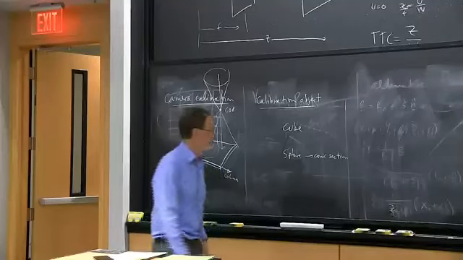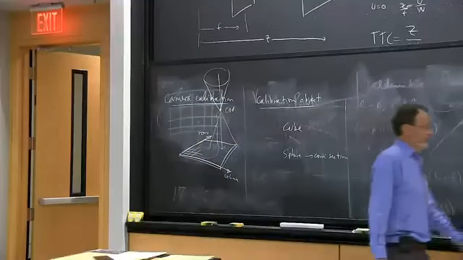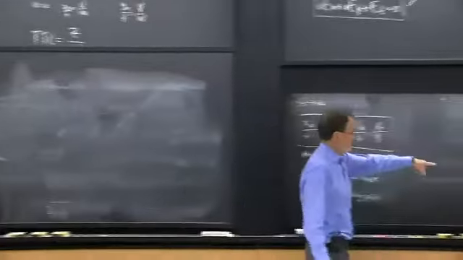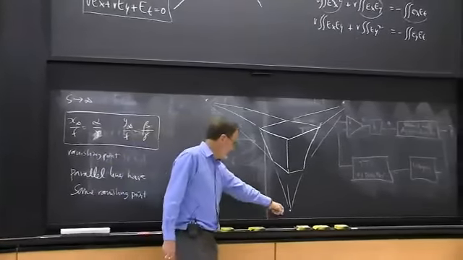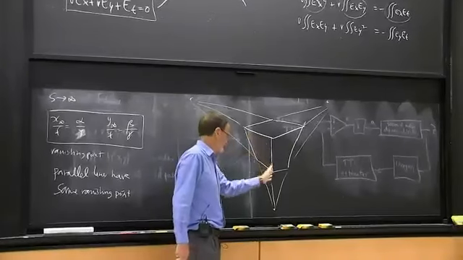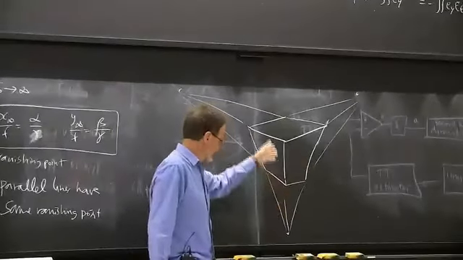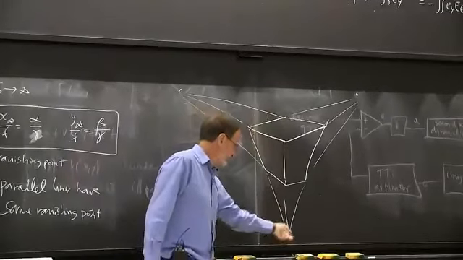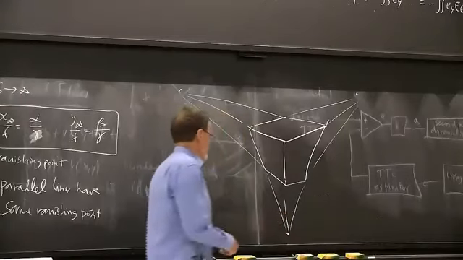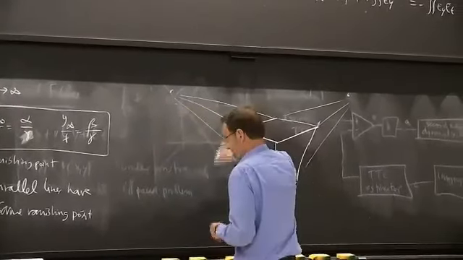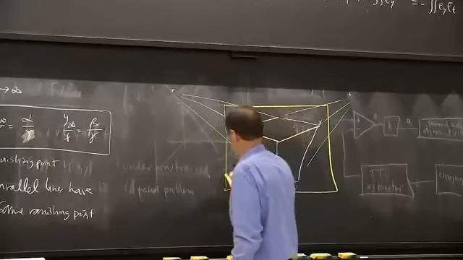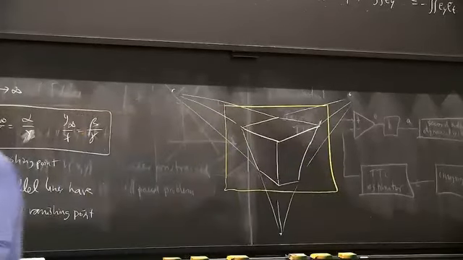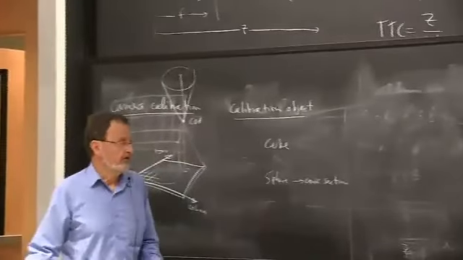But the cube has some huge advantages, and one way of exploiting it is this diagram. So if we take an image of the cube, we can detect the edges. We'll talk about that later. And then we can extend them to find the vanishing points. And by the way, the vanishing points don't have to be in the image. It could be that the image you actually see is this thing. The vanishing points are in that plane, but in many cases they are not in the image, and that's why